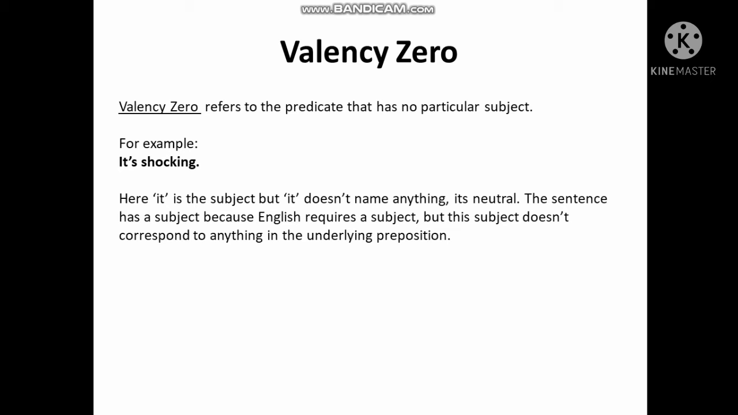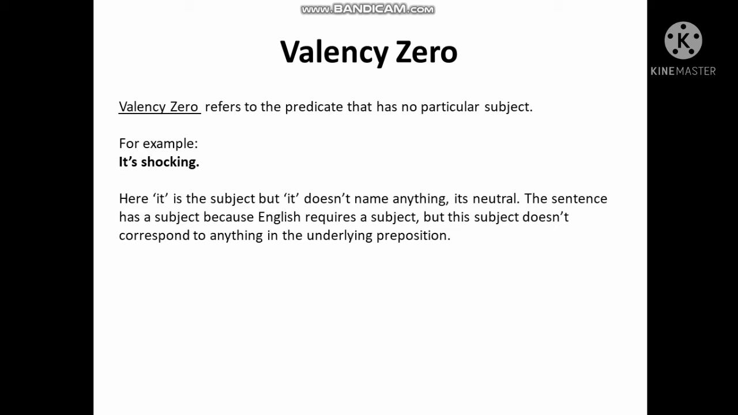Valency 0 refers to the predicate that has no particular subject. For example, it is shocking. Here, it is the subject, but it doesn't name anything and it's neutral. Jadi, it's shocking merupakan